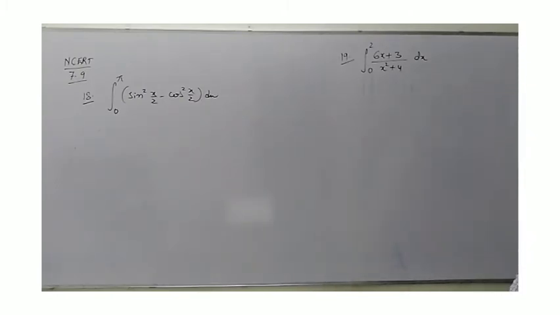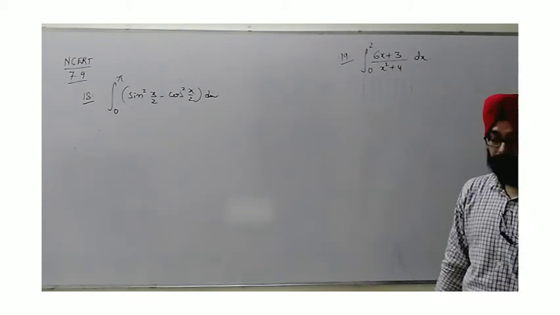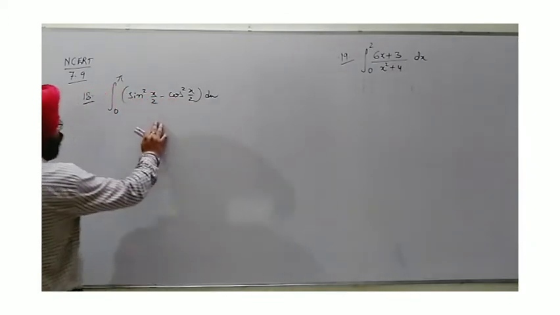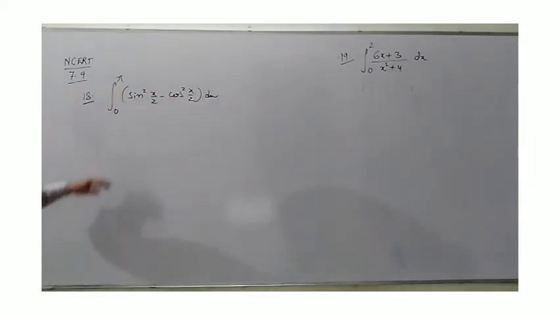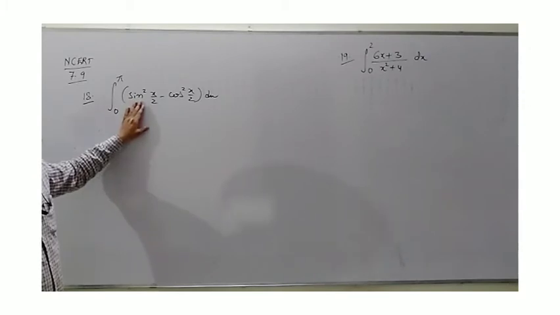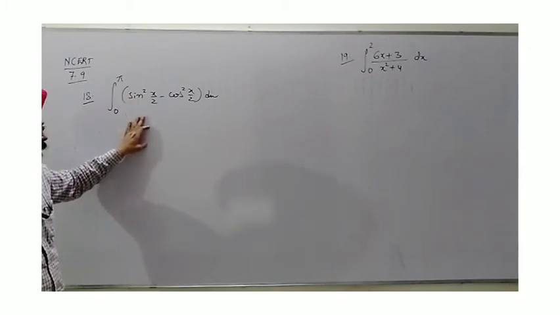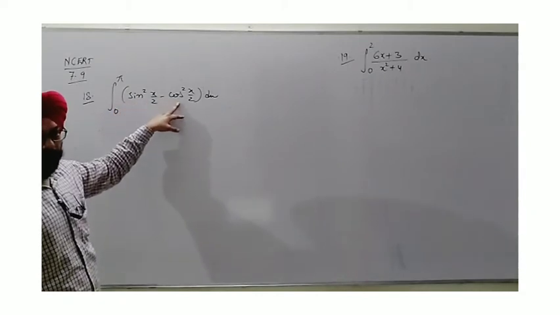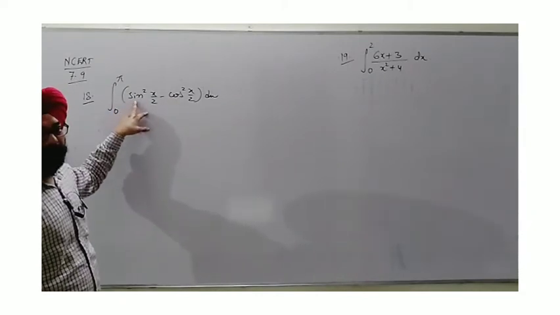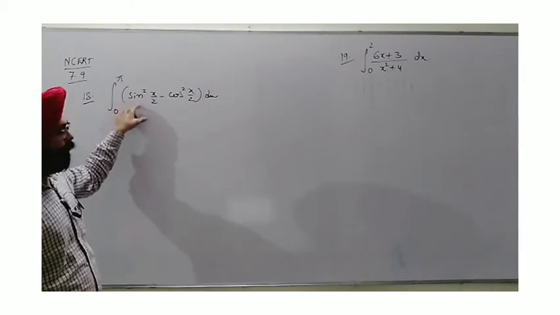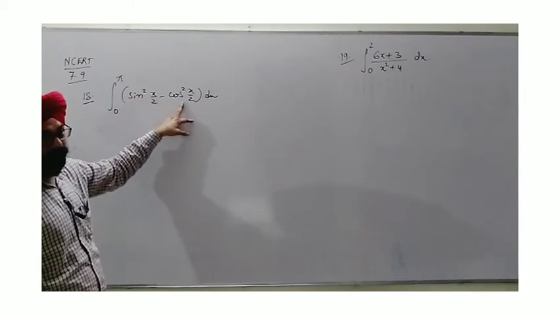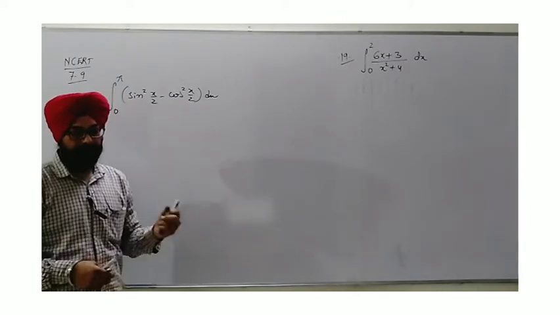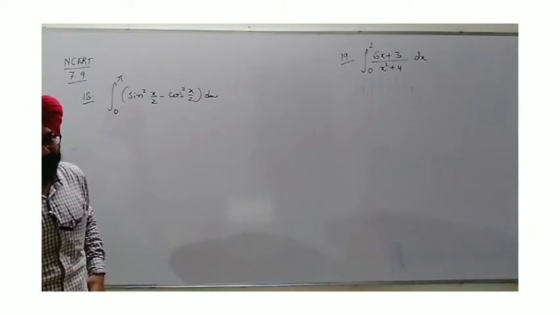Next question which we are going to take from the same exercise is question number 18. Here I see if we solve it directly, then we need to apply identities. You remember whenever we are given the powers of sine or cos, then we need to apply the identities from trigonometry individually: 1 minus cos x upon 2 is equal to sine square x by 2 and 1 plus cos x upon 2 is equal to cos square x by 2. Those identities from the very first module of this chapter, integration, can be used.